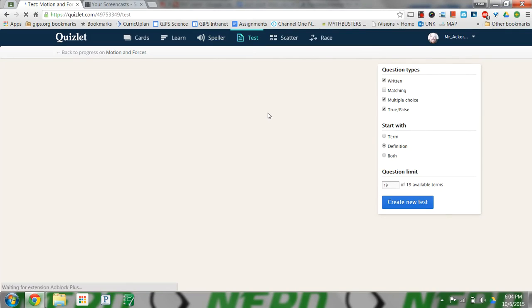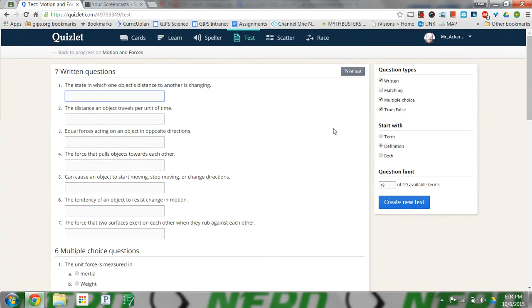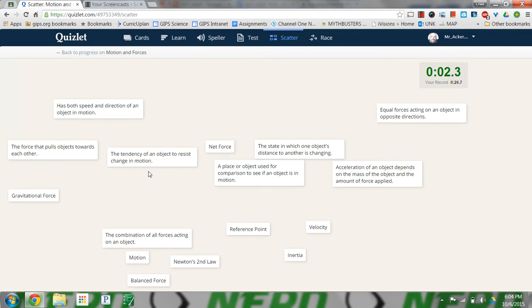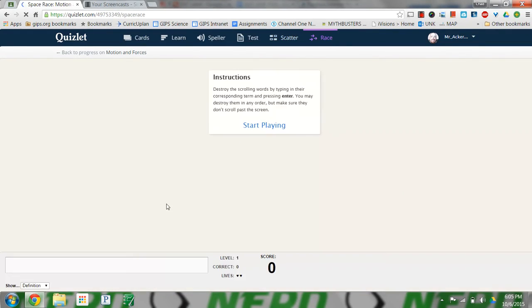You can test yourself with all these different test options and it'll tell you how many you got right and wrong. You can play the scatter game. Okay, and this is where you take the word and you put it on top of the definition. Okay, so I'm taking motion and I'm putting it on top of the state in which one object's distance to another is changing, and then it will make it disappear. And it times you up here so you can go through and try and beat your record each time. Okay, and then there's the race game,